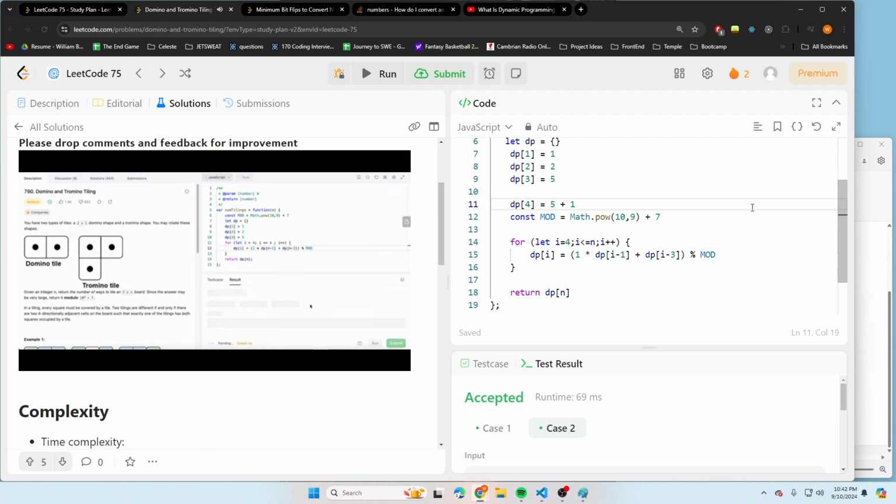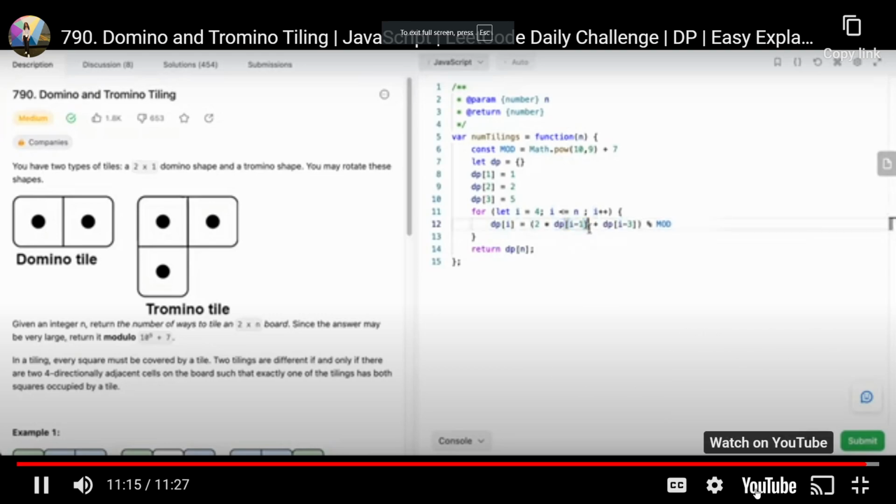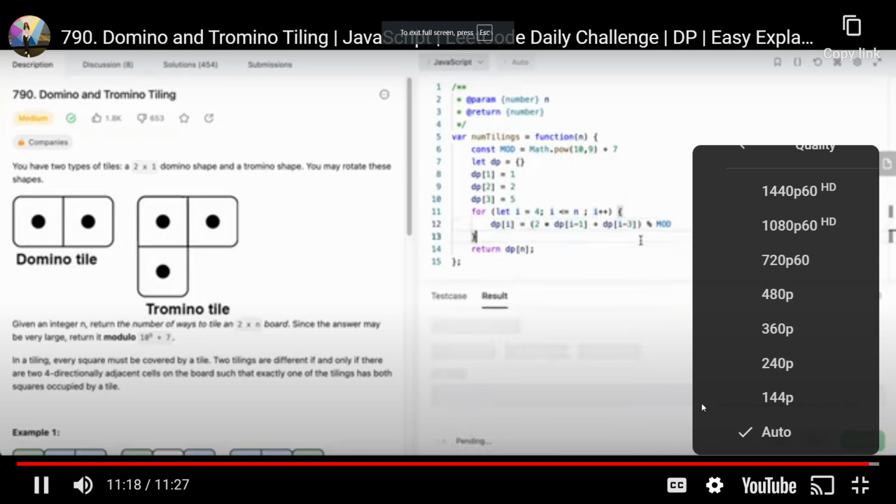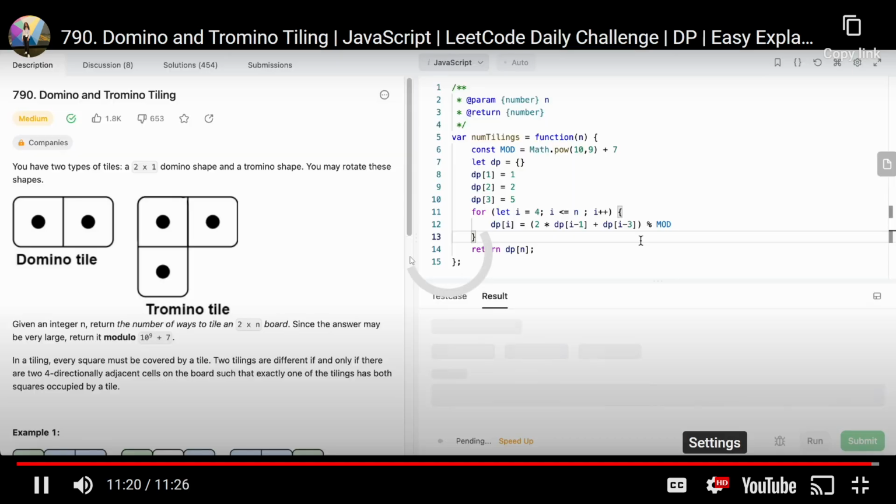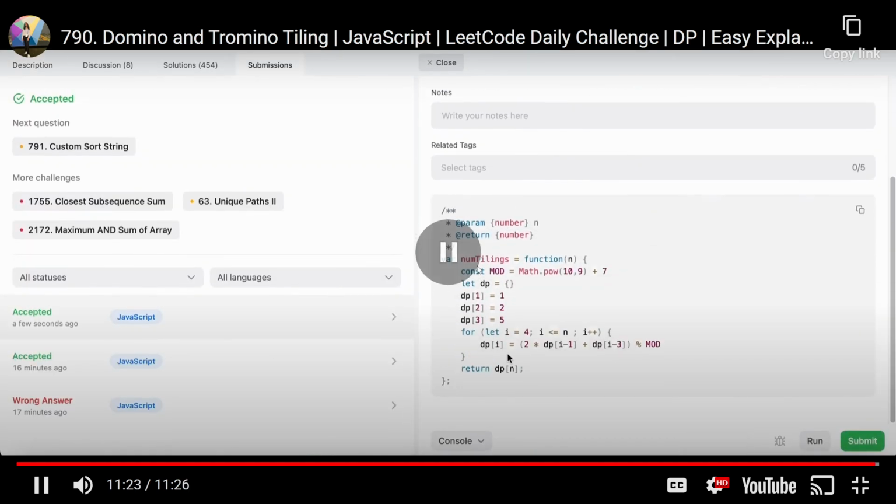So let's run our code and see if it's all right. Okay, something is wrong here. It's not a number. We are actually taking the value i minus 1, because for index i, we need i minus 1 and i minus 3, right? Let's submit it now. Cool. So the time complexity,